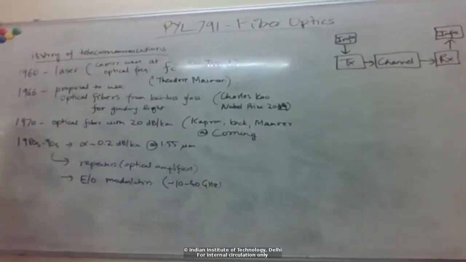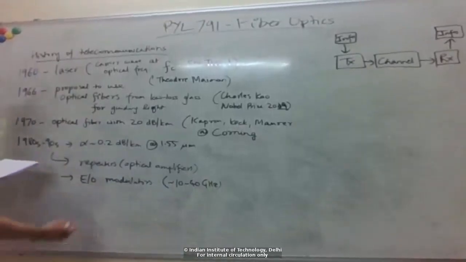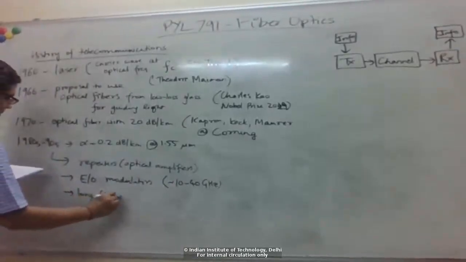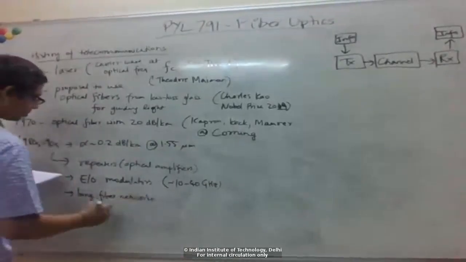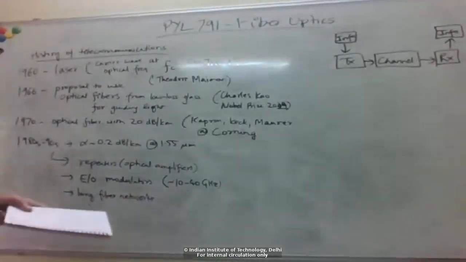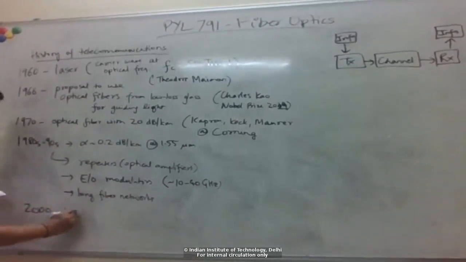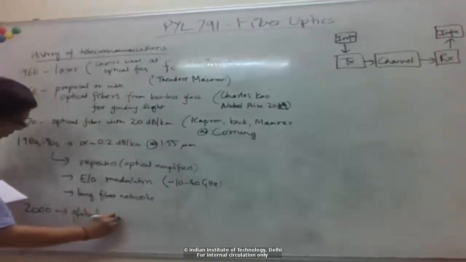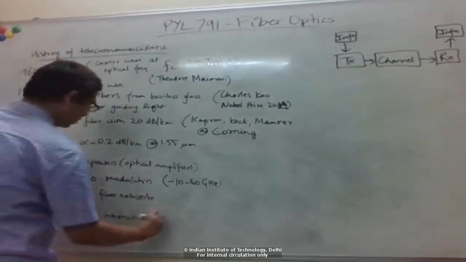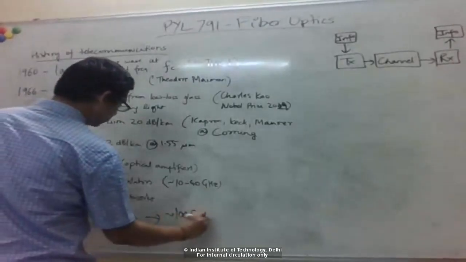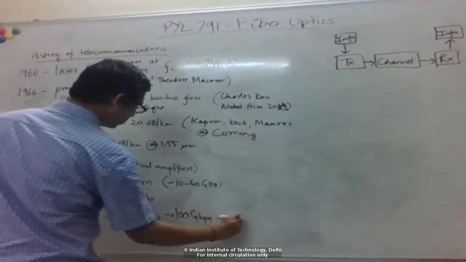So global connectivity, with such long fiber networks, was laid down under the sea and under the land, etc. Almost every place on Earth was connected. So, as I said, around 2000 you have this global internet, right? So we can now transmit, for example, 100 gigabit per second on a single wavelength channel,